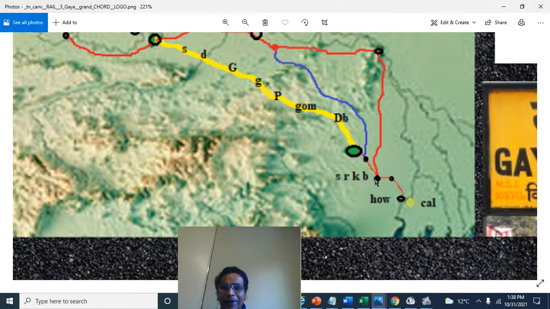Then you have the Kana line: Kana, Siuri, Ahmadpur, Santiniketan, Pakkur, and Sahibganj. That goes there. Then to the west is Raniganj, Chitaranjan, Madhupur, Devagar, Jamui, Kiyul. Then we have Durgapur and Andal, and we come to